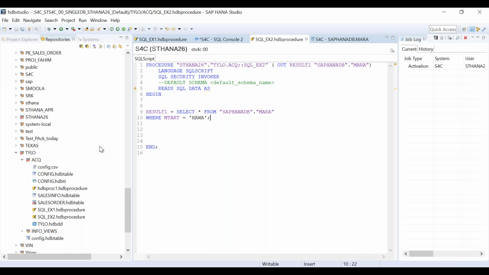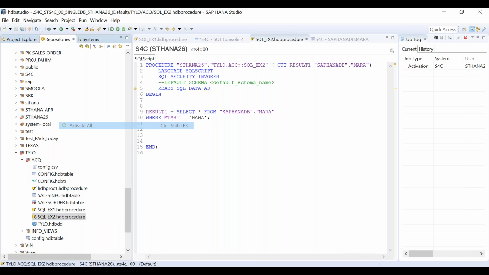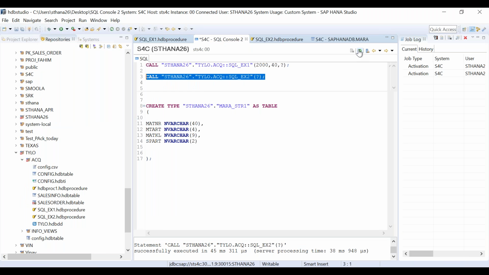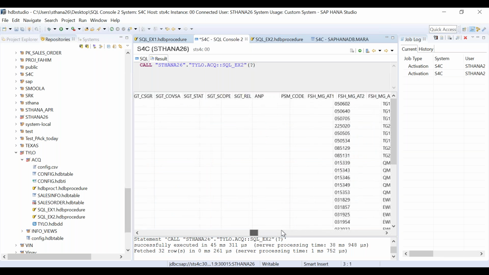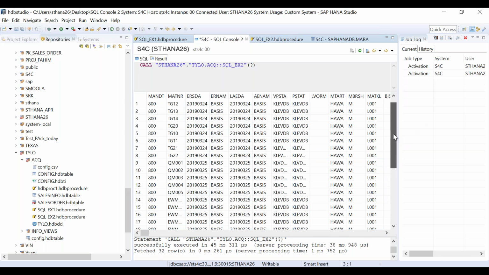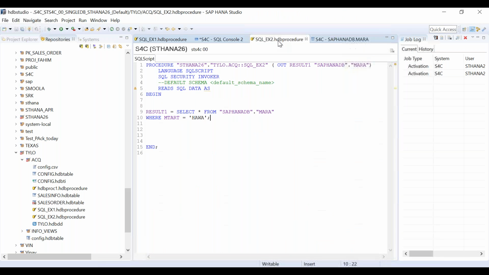I have not even created any structure. Click on activate. Done. Go to your console, select this, execute. See, all the 325 columns are coming. The entire table itself is coming. But have I declared any types here? No, because a table name is also a potential table type. And many of the consultants these days do not know that a table name is also a potential table type.